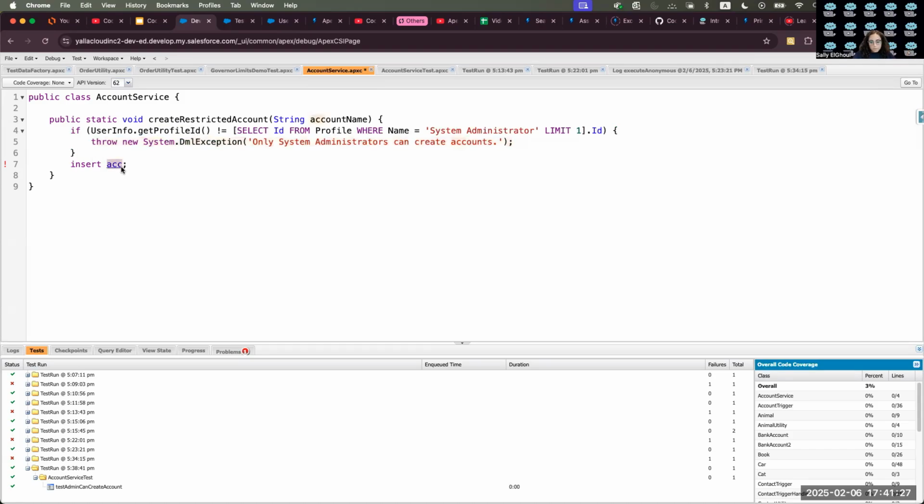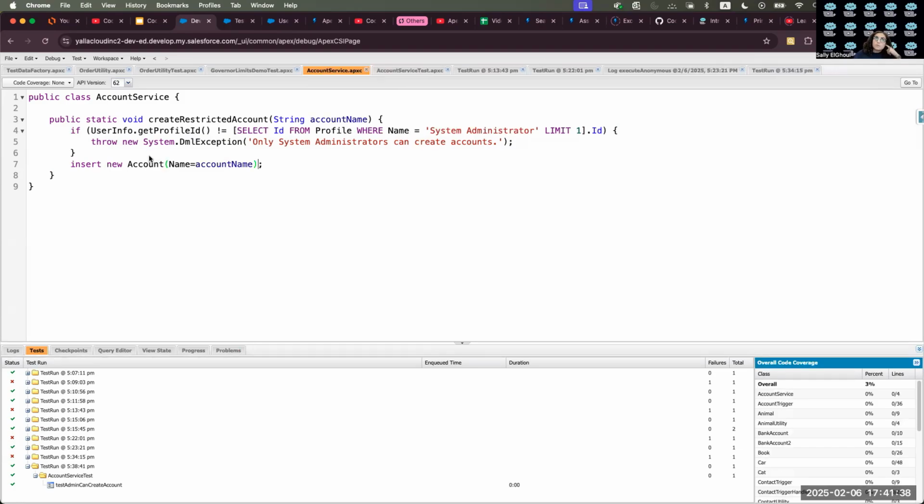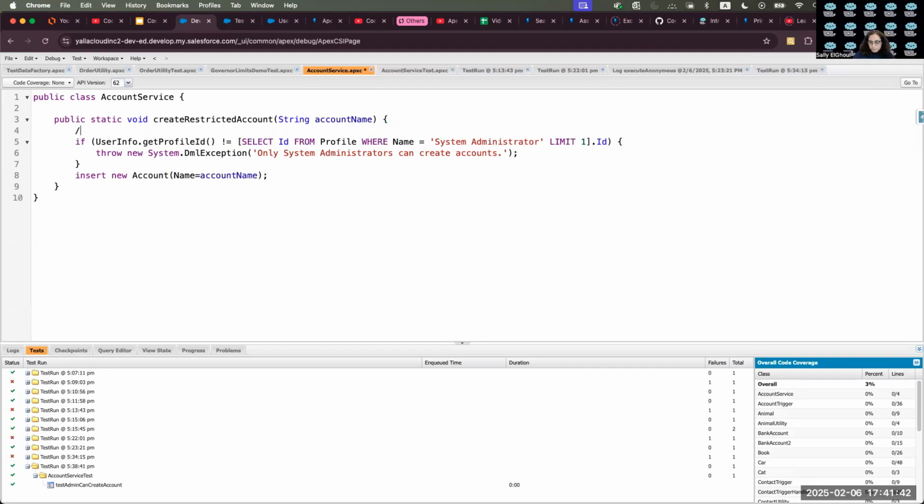Otherwise, I will create a new account with the name passed, and I will insert it and return. It's void, so we are not returning anything. That means admins only are allowed to use this method,